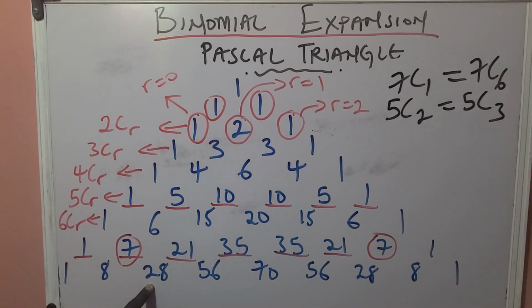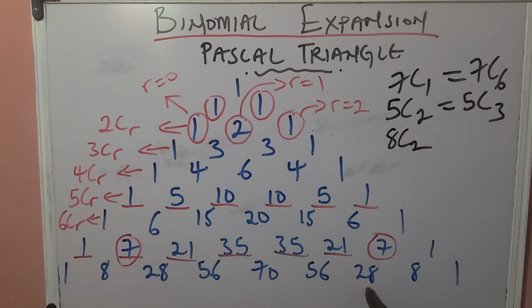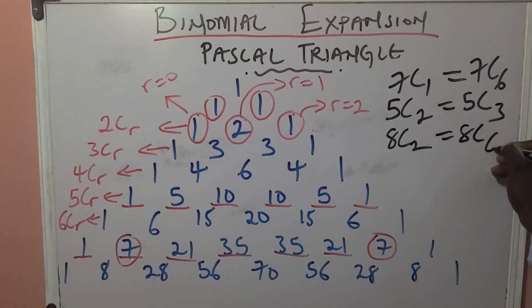8 combination 2 was equal to 8 combination what? 6. That's 0, 1, 2, 3, 4, 5, 6. 8 combination 2 was equal to 8 combination 6. Now with this constant